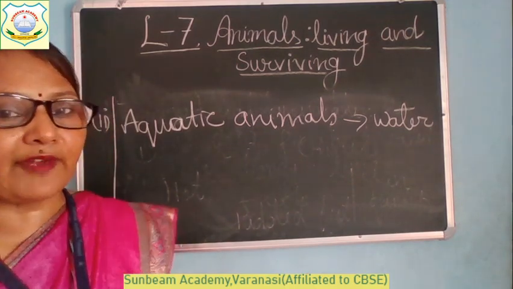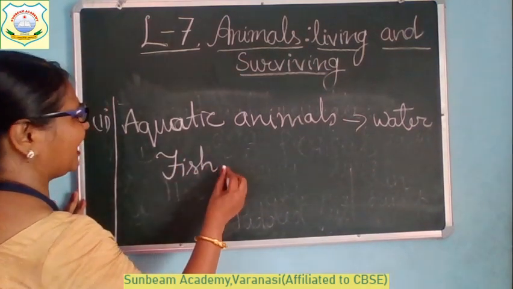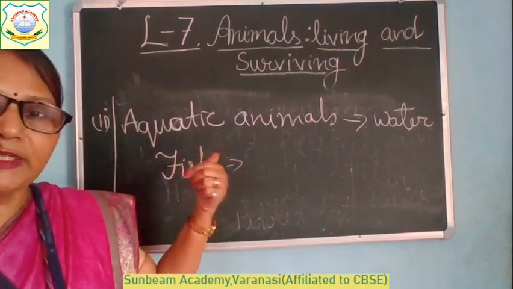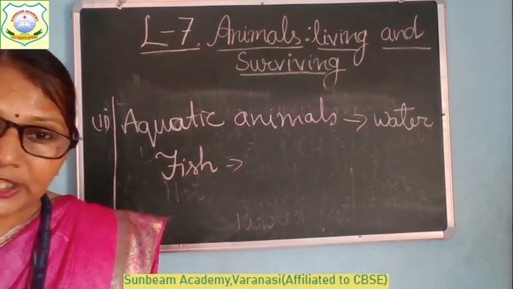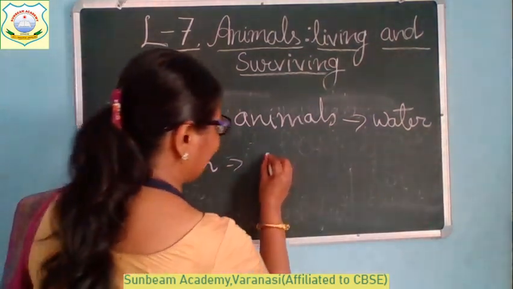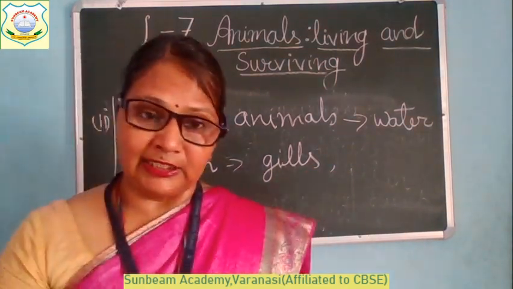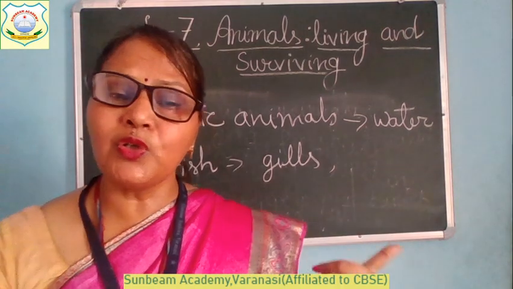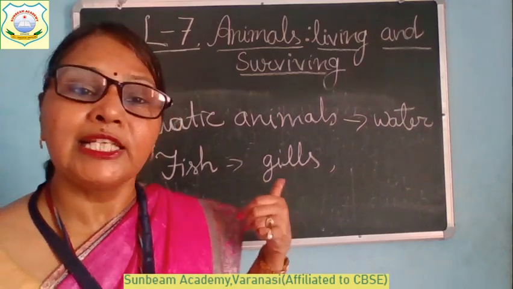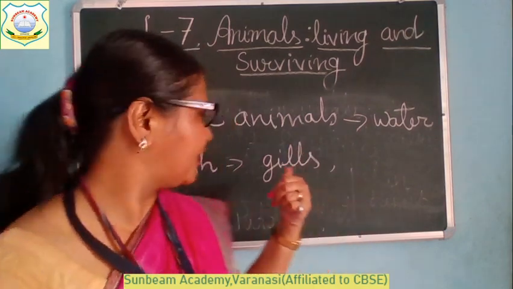What are the examples of aquatic animals? Of course, the first thing which will come to your mind is fish. Fish, the habitat is aquatic. Aquatic means water. Water special adaptation. Special कौन से organ है जिसकी वजह से fish रह सकती है water में? It has gills. Fish uses its gills to breathe. सांस लेने के लिए क्या यूज करती है? Gills. With the help of gills, it can take the dissolved oxygen. जो water में oxygen dissolve होता है, उसको fish can take.